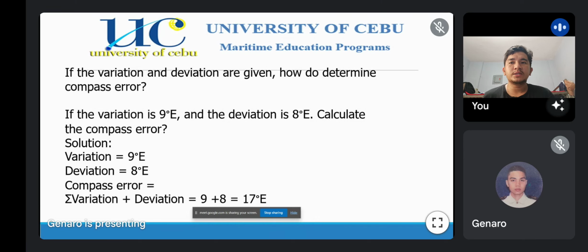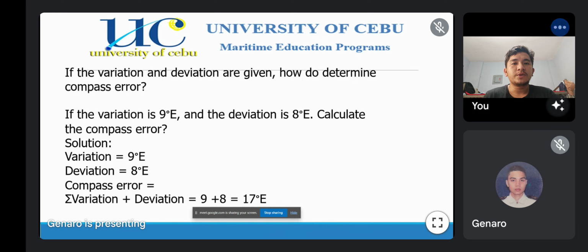In here we'll be discussing what we have learned about variation and deviation. So, if the variation and deviation are given, how do we determine compass error? To solve for the compass error, you must add or subtract the variation and deviation to get the compass